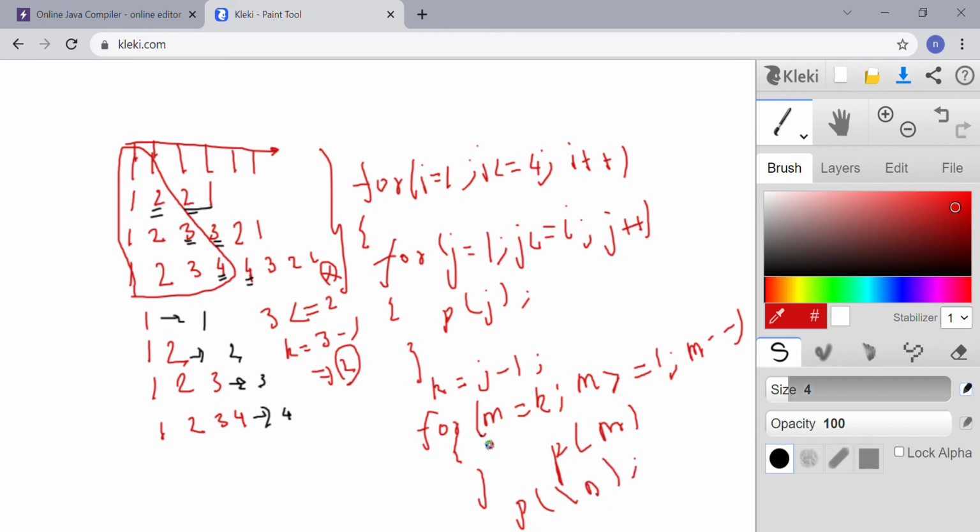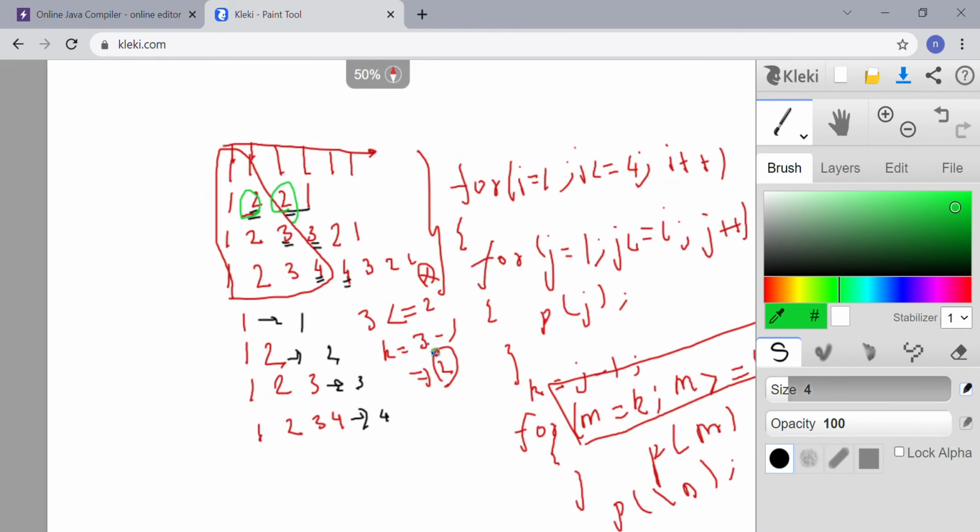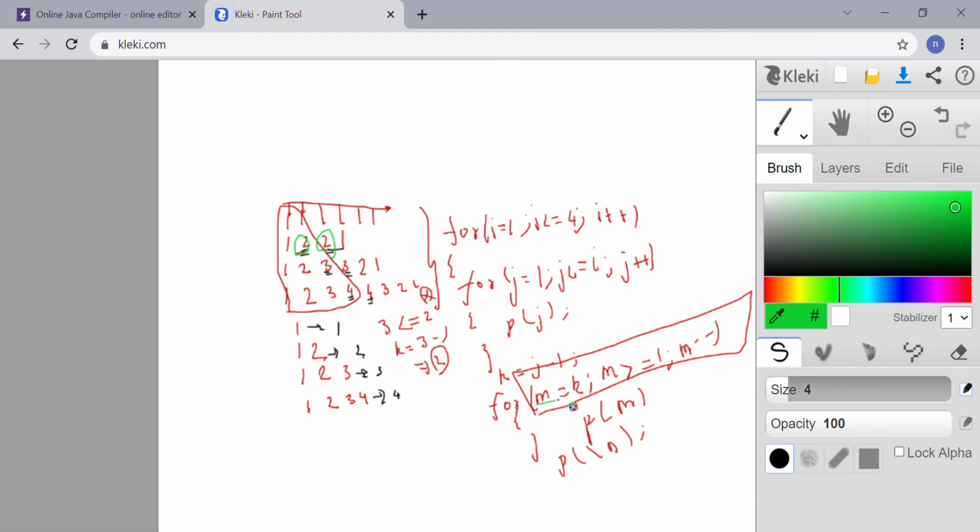So why am I giving the condition like this? Because on analyzing the pattern you could see 2 2. So here 2 is there, here also 2 is there. So for that purpose I am just assigning m is equal to k.